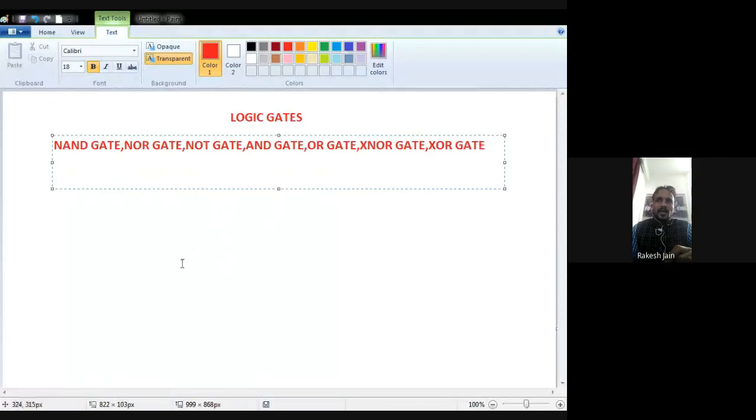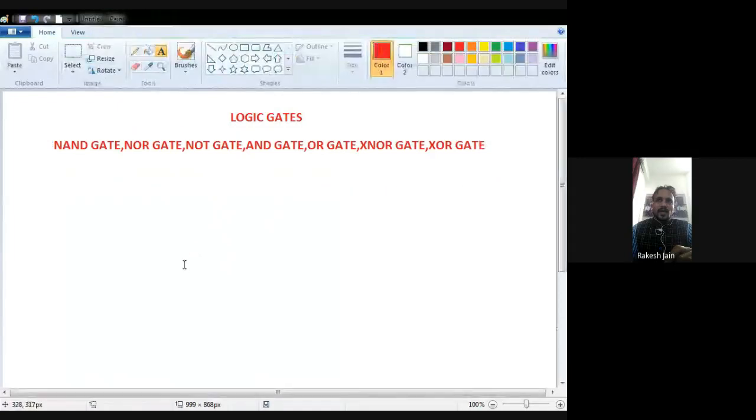Okay. So this MS Paint file shows you about the different kinds of logic gates. So my today's topic is definitely logic gates. Right. So how many types of logic gates are there? Basically the different kinds of logic gates are, I write down the name: NAND gate, NOR gate, NOT gate, AND gate,